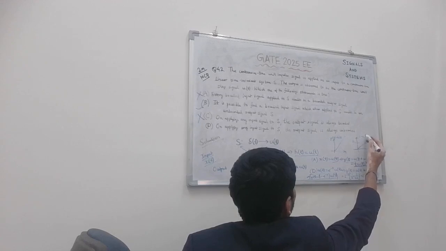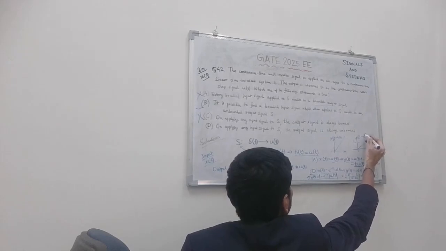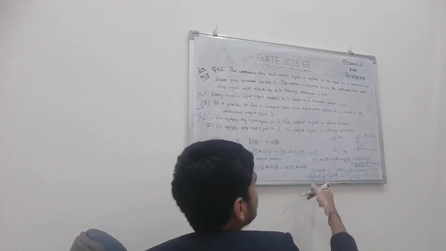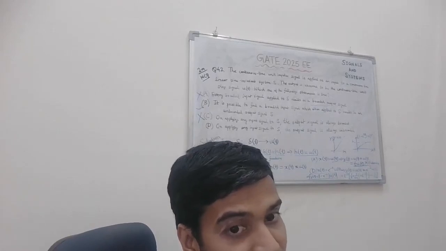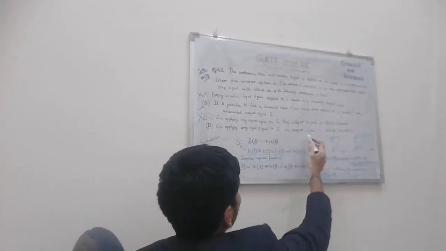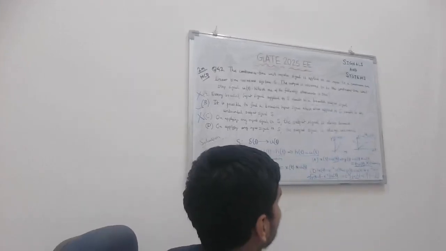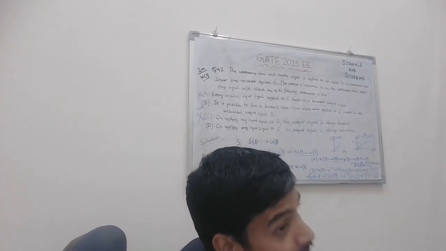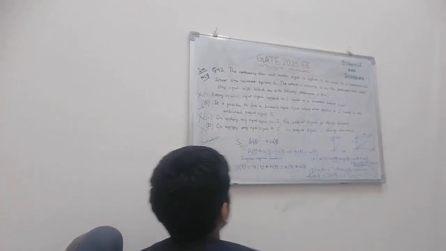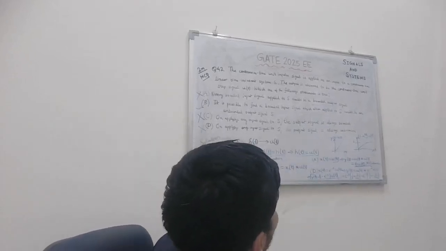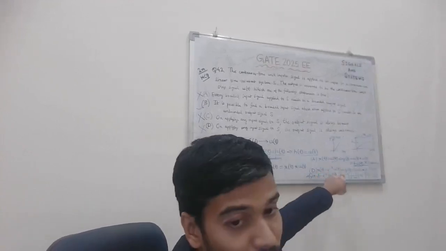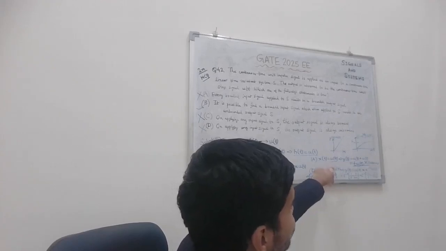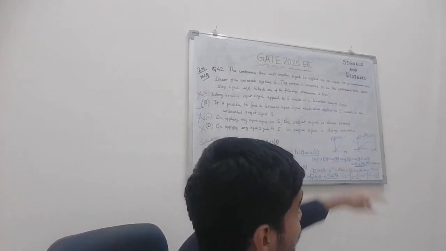1 minus e to the power minus t u of t. This is bounded for the bounded input signal e to the power minus t u of t, the exponentially decaying signal. So option D is also not correct, as the output is not always unbounded. It is bounded for this exponentially decaying input. So the answer to this question is option B. It is possible to find a bounded input signal which, applied to S, results in an unbounded output signal, as we showed by applying the unit step signal, for which the output signal is t u of t, which is unbounded.